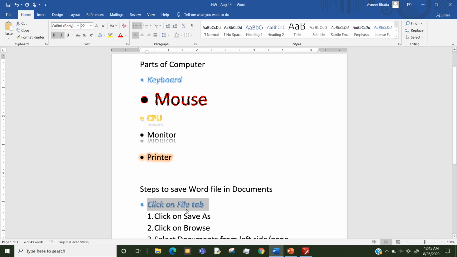I will repeat it again. Listen carefully. Step 1. Select the text whose formatting you want to apply. This time I am selecting this mouse. Second step, click on Home tab, Format Painter, and see the icon is changed to a brush. If you can't see, you just move your mouse pointer, it will change.